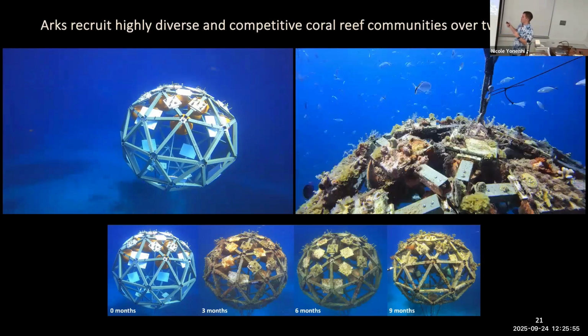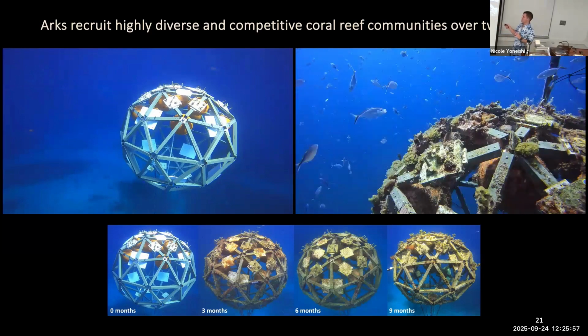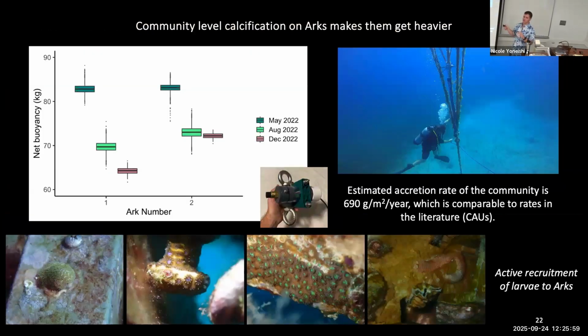I want to talk a little bit about what we saw from the macro side of things, which is substantially less interesting than microbes, in my opinion. One of the nice things about the arcs is that they're floating structures, and we know that coral reefs, when they're healthy, are depositing a lot of calcium carbonate. They're calcifying. So we can actually weigh the arcs to see if they're getting heavier. One of the ways we did that was by building this strain gauge that we would use to measure these things as they got heavier.